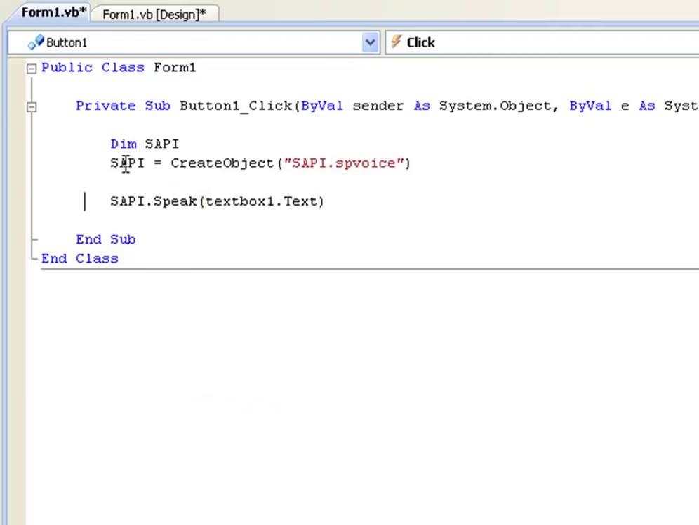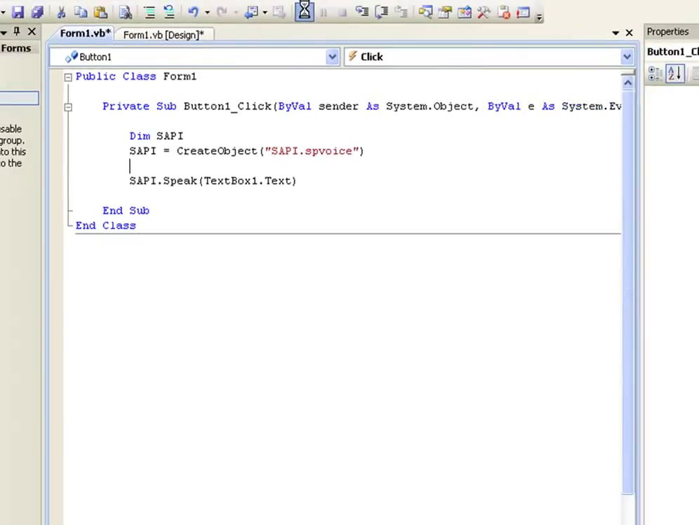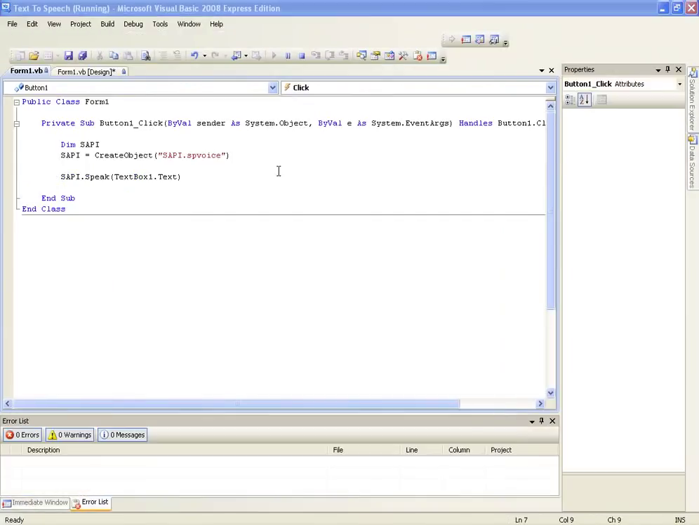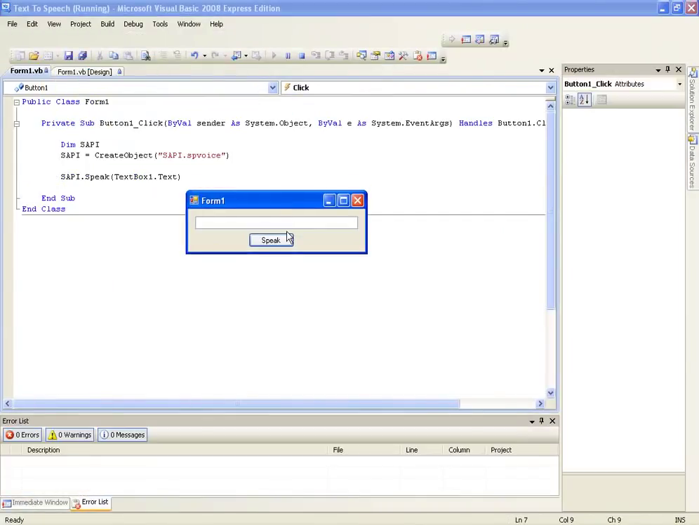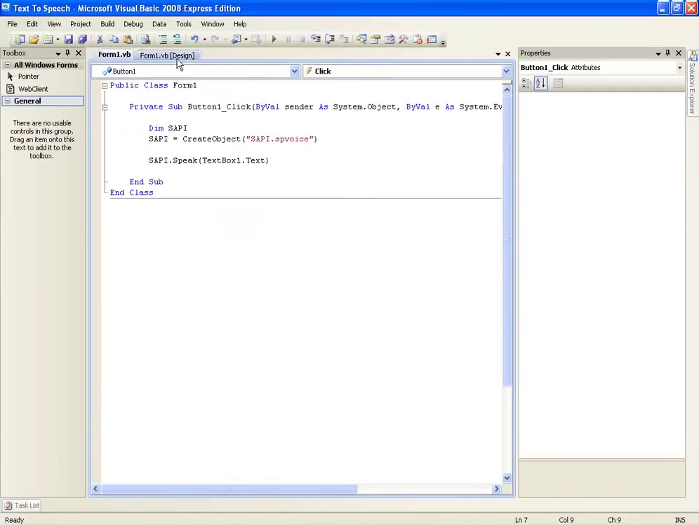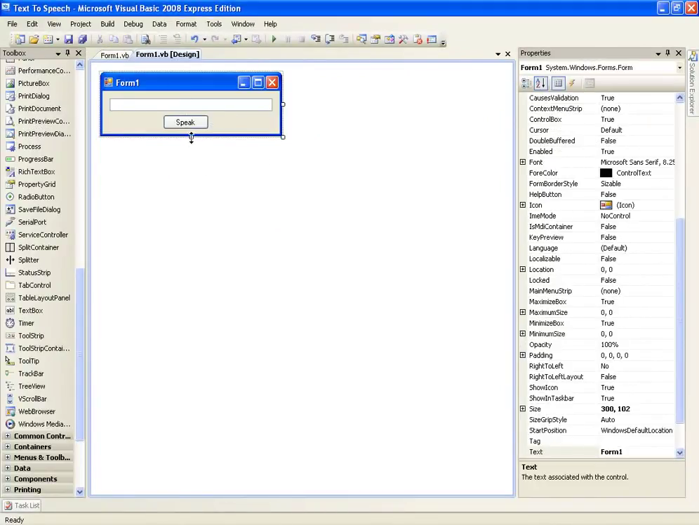So I'm not really going to explain it because I don't think anyone would understand it really. Well, there's not much to understand, but it's not really important. So if you play this and you type something and you just press speak, this will be useful if you want like a help button in your application, and